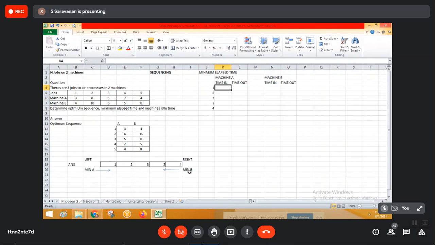Time in at machine 1, please observe. So this activity or job is job 1. So it is entering here. So what is the time here? You just take time as 1. The entry time of that machine, how much is it?